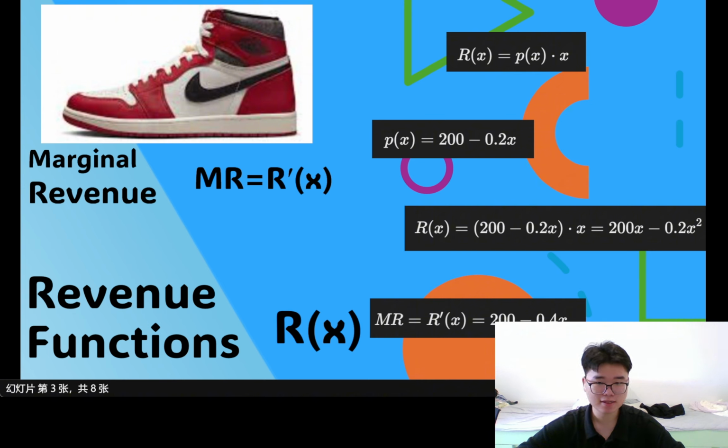Marginal revenue plays a central role in economics. It helps companies to decide how to produce to maximize profits. It's really important in economics. This is what derivatives are used for. Okay, let's go to the next